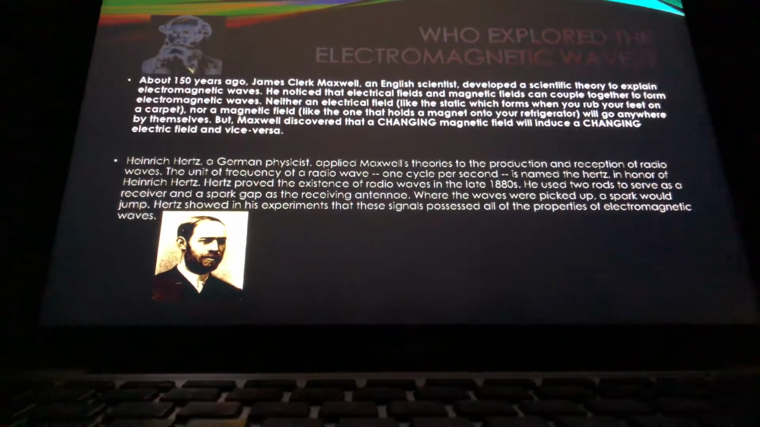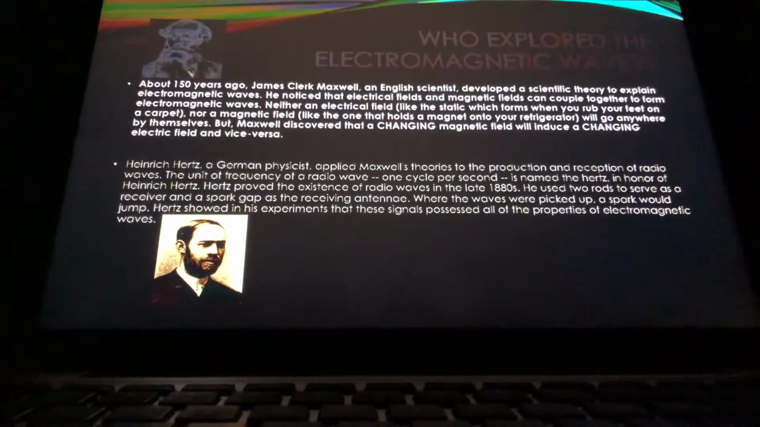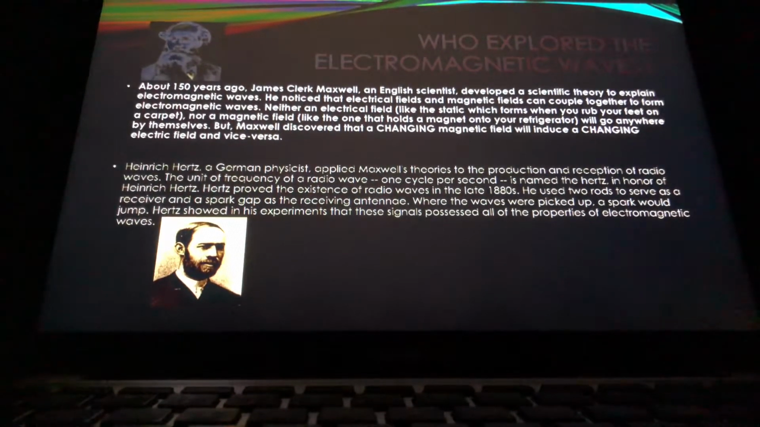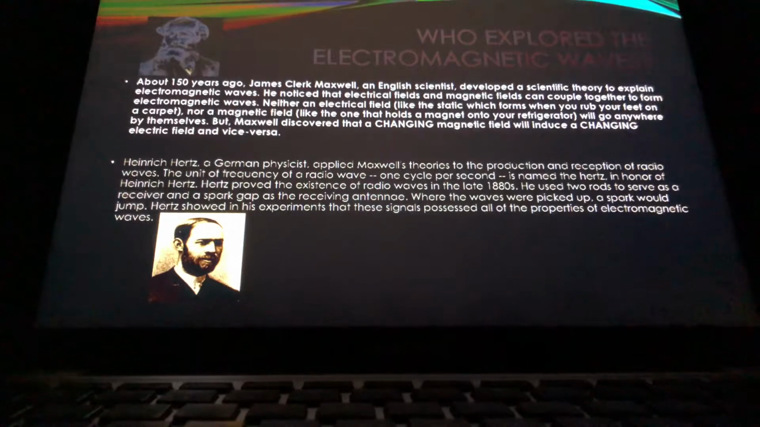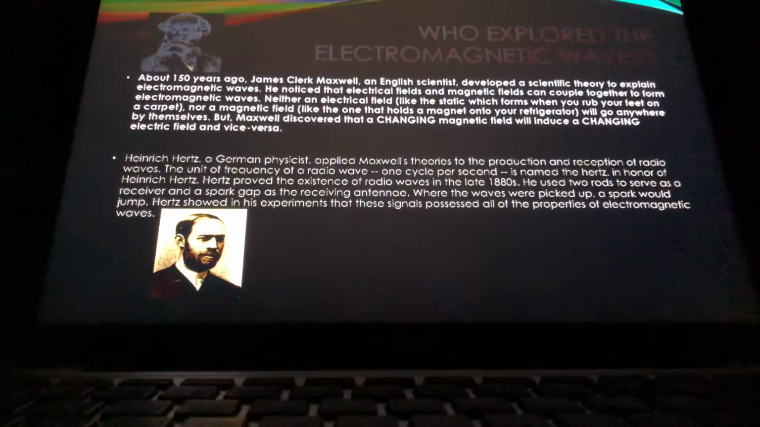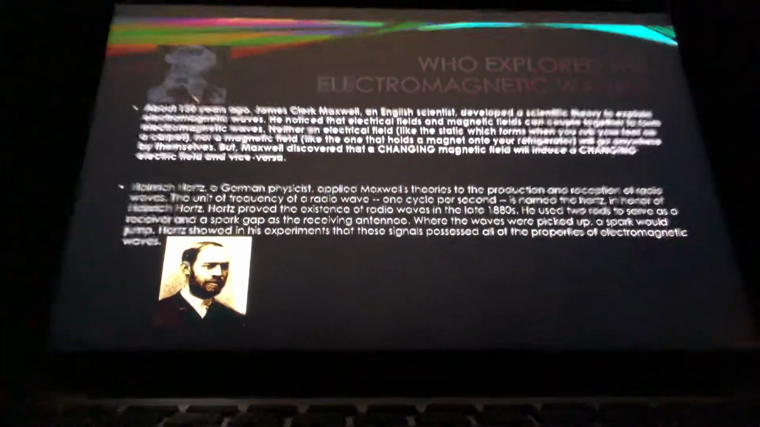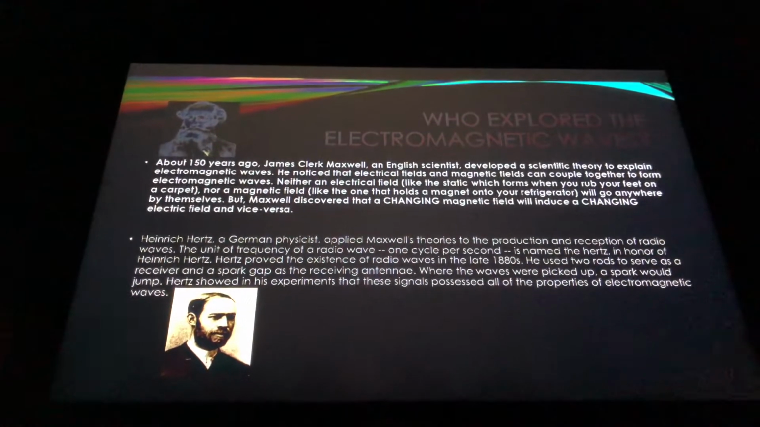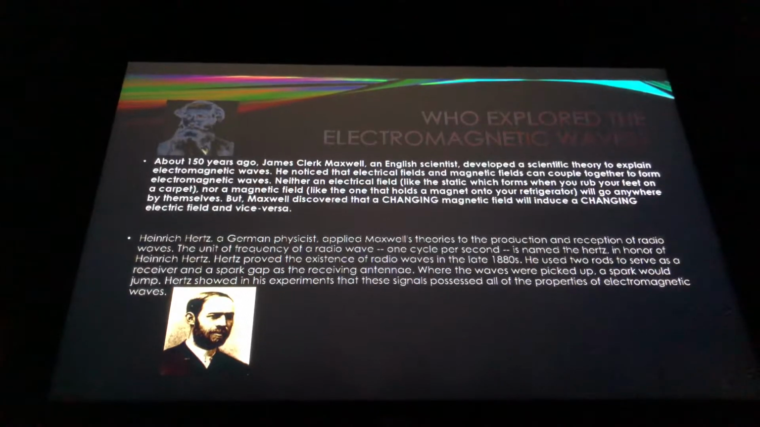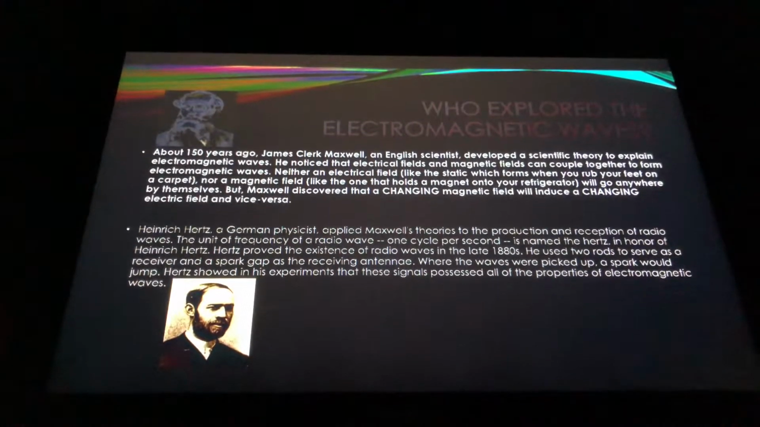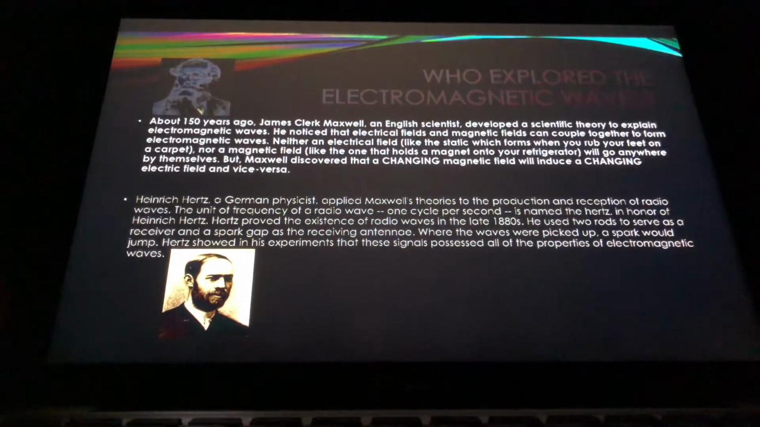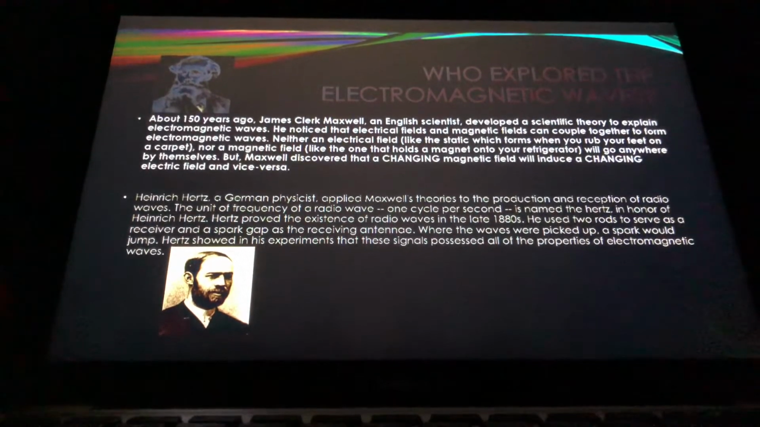Heinrich Hertz, a German physicist, applied Maxwell's theories to the production and reception of radio waves. The unit of frequency of radio waves, 1 cycle per second, is named the hertz, in honor of Heinrich Hertz. Hertz proved the